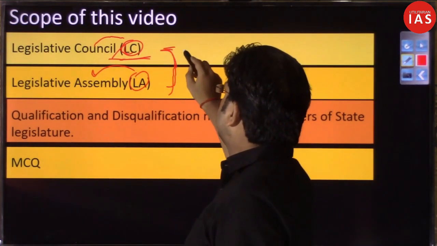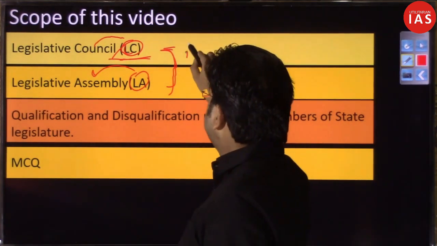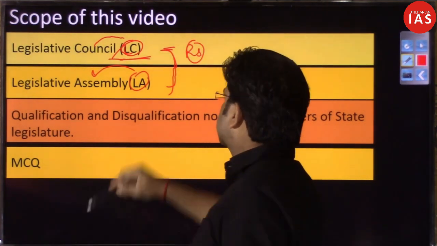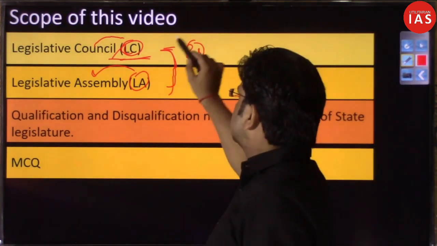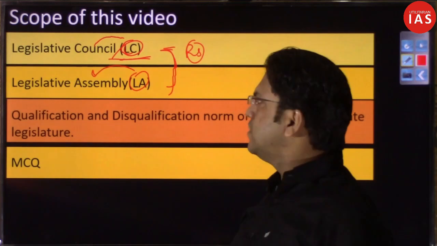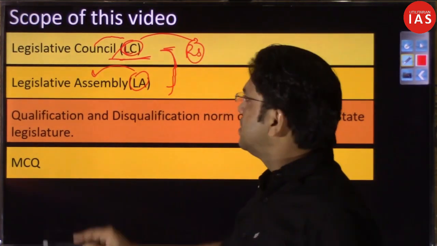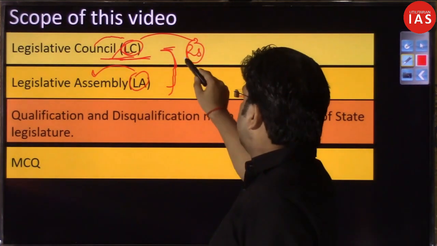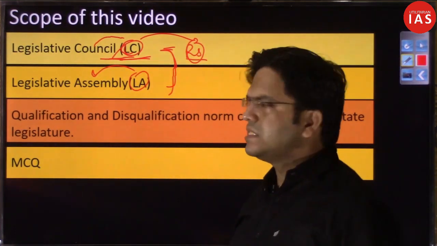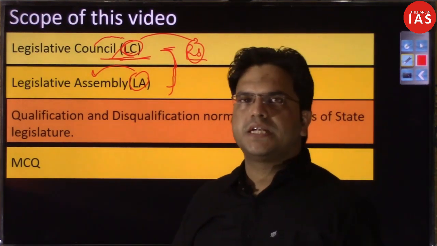So the legislative council is considered the upper house, almost equivalent to the Rajya Sabha, although there is a slight difference between the two. When we discuss the parts, we are not going to discuss them in this video, but when we discuss the parts of the legislative council vis-a-vis Rajya Sabha, you will know that this legislative council is a much weaker house vis-a-vis the Rajya Sabha. There is one more difference between Rajya Sabha and Legislative Council that needs to be stated outrightly here itself,